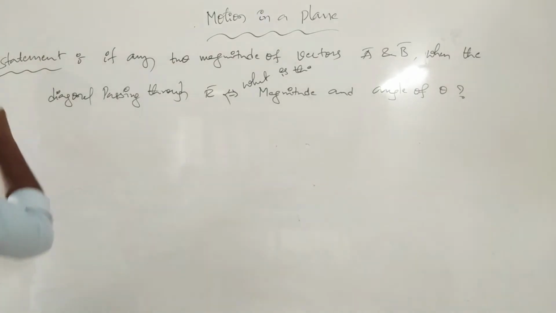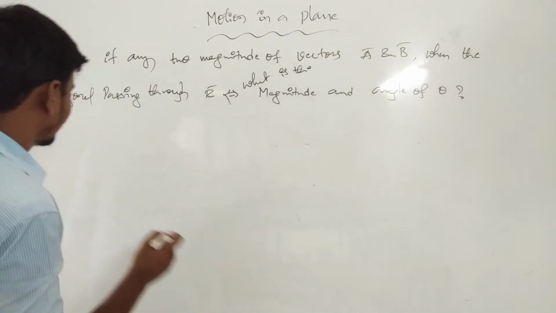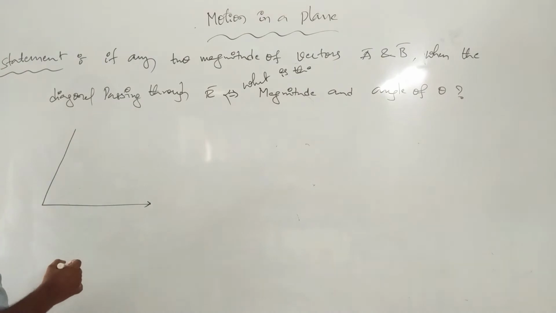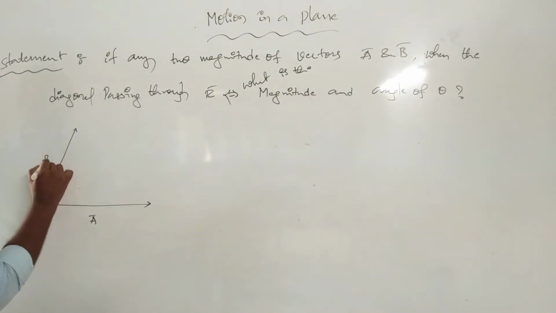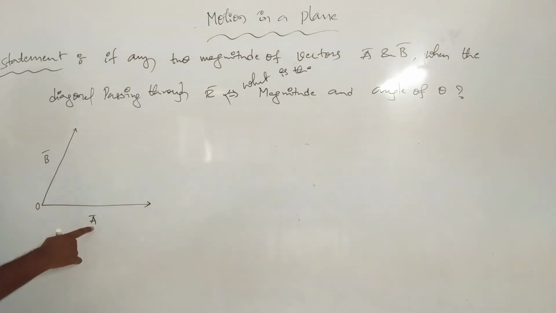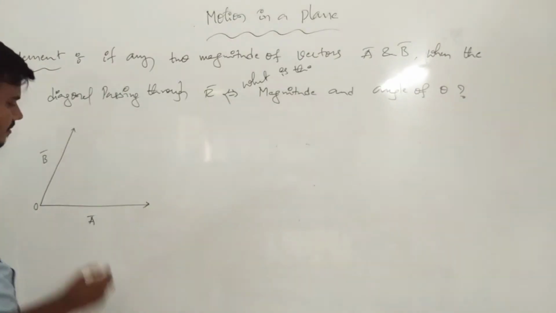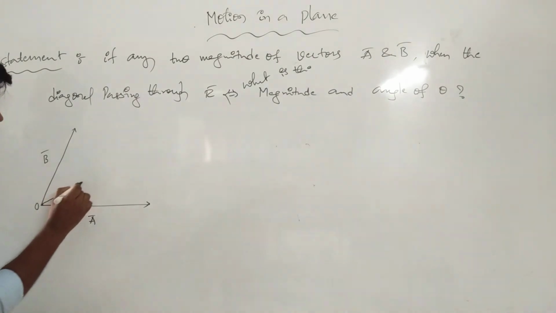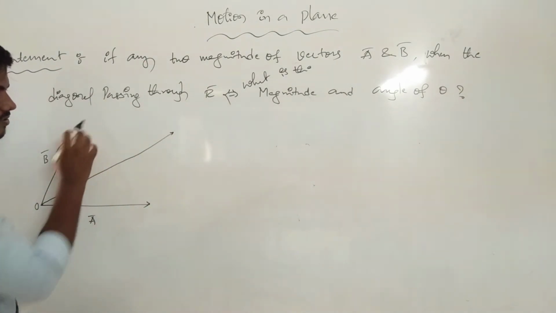Now this is the statement. The statement we can take as the first position of these statements. Okay. Now there are two types of vectors. Clear one. This O is the origin point. Okay. Now the first vector is the A bar vector. Now this is the B bar vector. A bar vector and B bar vector, to which we can apply the diagonal passing through R bar. Okay, clear one? So this is the diagonal, the diagonal passing through R bar. R bar. Clear one?